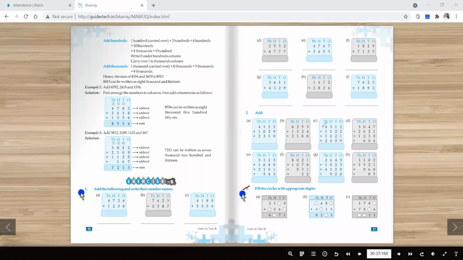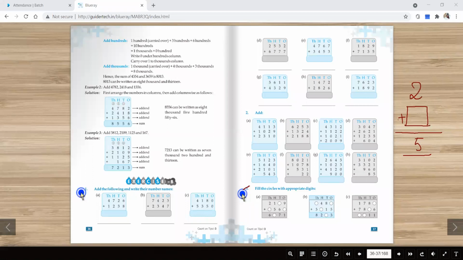Carefully. From 3 sum, I will just start doing it. So how we will do first, I will give you a very simple example first. Then we will solve the sum. Now suppose on the right hand side I am writing 2 and I am just giving you one box and giving you a plus sign, and here I am just writing 5.